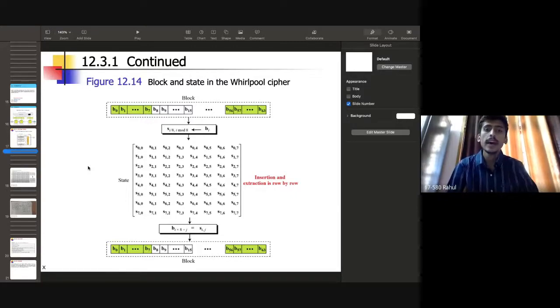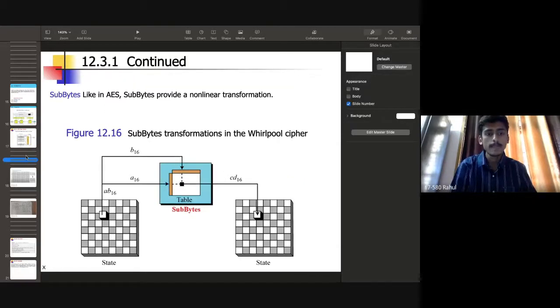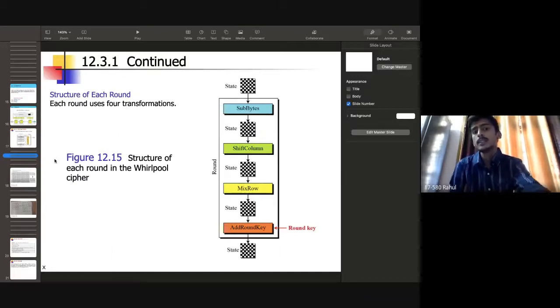In each byte you have 8 bits, and each byte is represented in hexadecimal, like 4c, 5b, 6f. So a state is a square matrix of size 8 by 8 bytes.